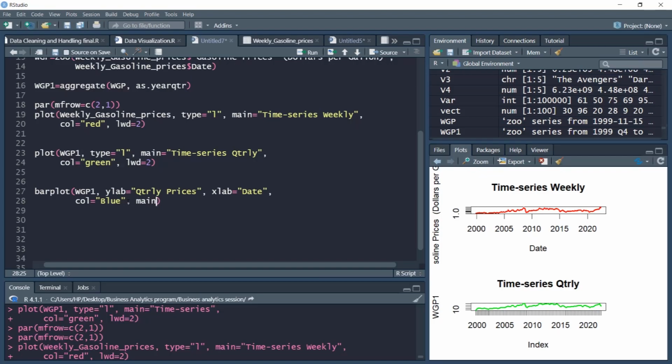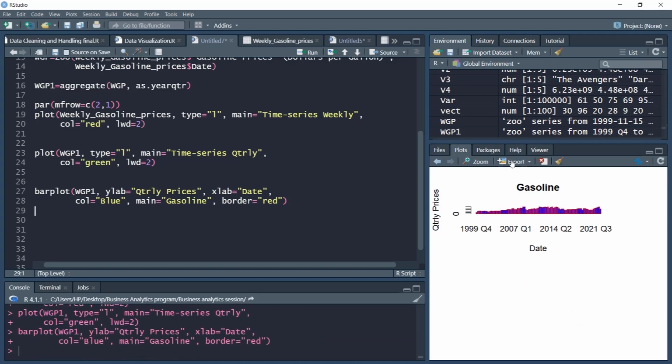You will notice that same features are used whether plot or bar plot. This is the power of R. These are just building blocks that once you learn, you can apply them in different sets of plots like bar plot, simple plot, histogram, and so on. I will be giving the border as red. Now we are good to go. I'll just plot it and zoom it for you.